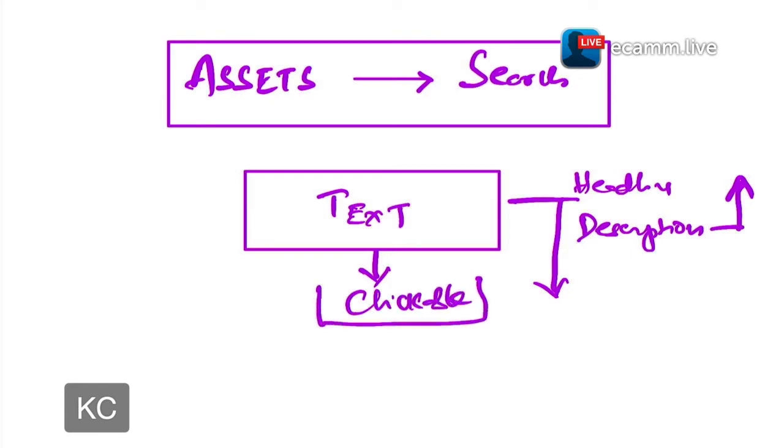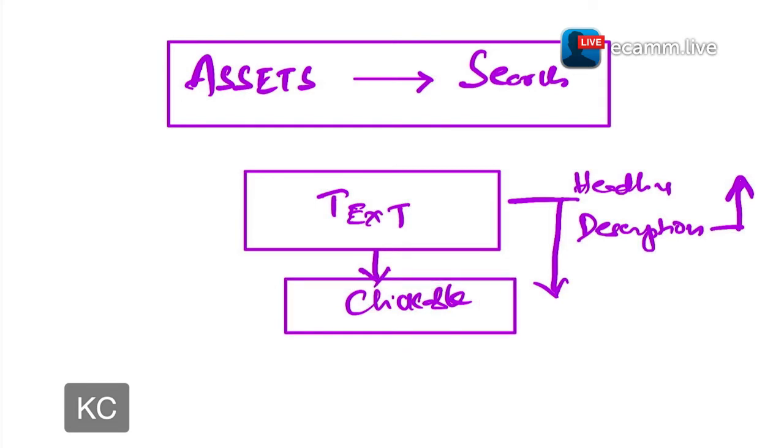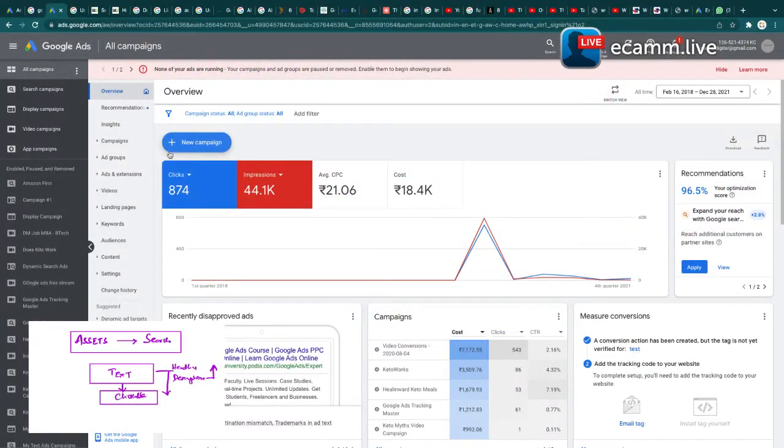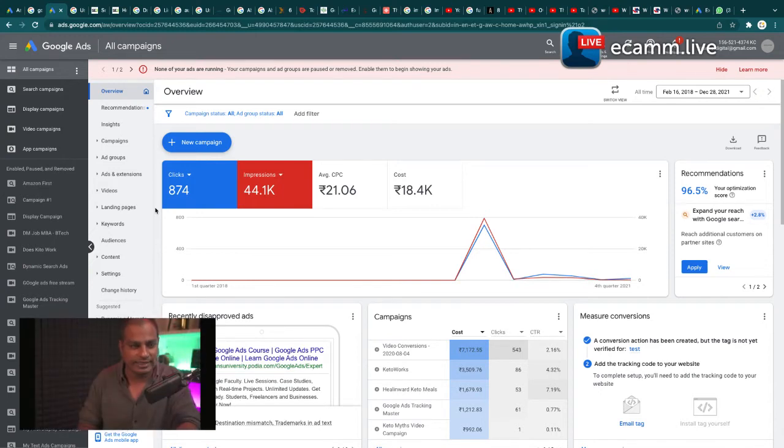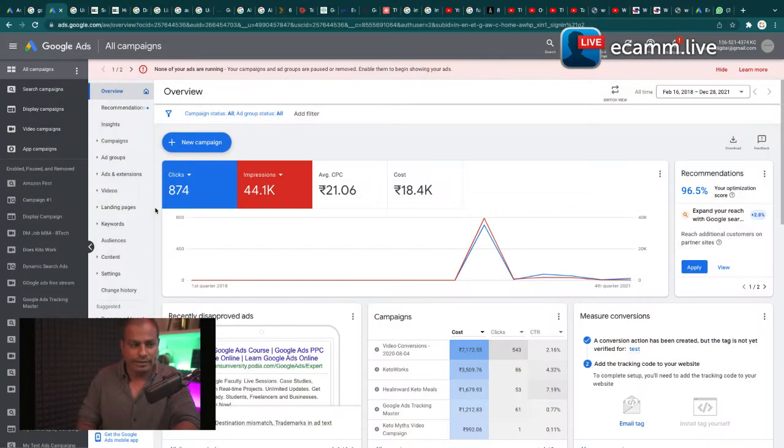Showing your ad is not a big deal. What is a big deal is making sure your ads get clicked, right? So let's jump right onto the screen, and I don't have to tell you that there are a gazillion options in your Google Ads account that can confuse you most of the time. So you need to understand where you can find these options, and that's exactly what I'm trying to show you now. All right, so let's go back to the screen, and this is my Google Ads account.